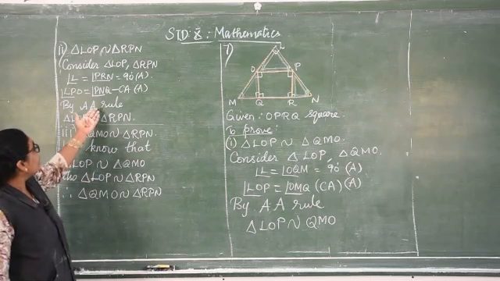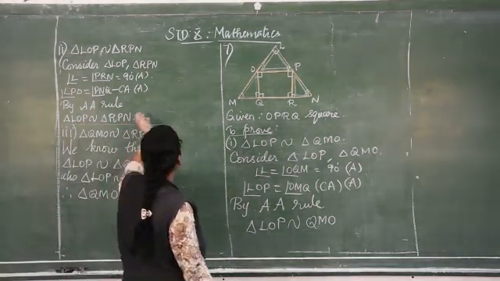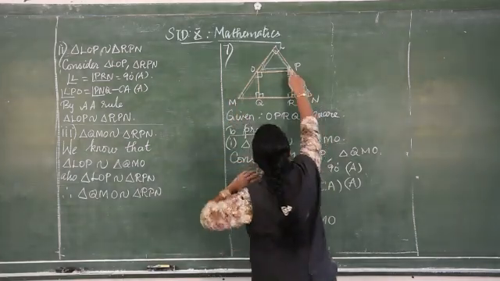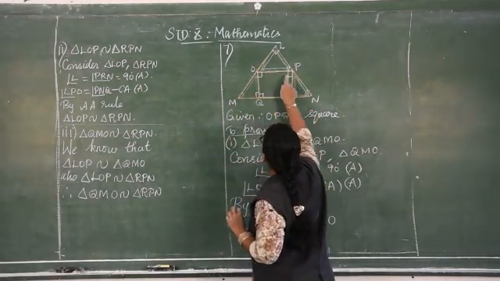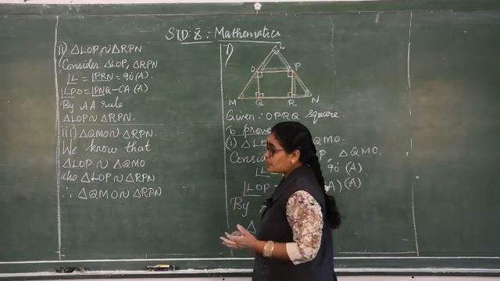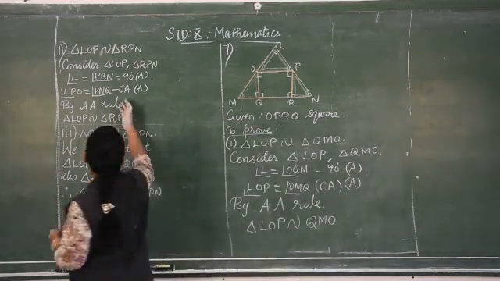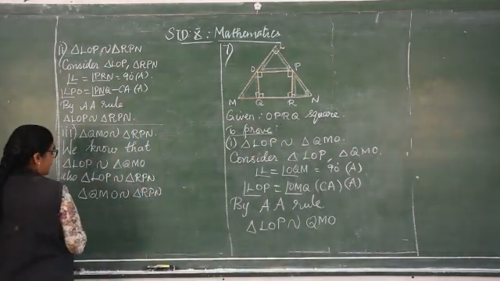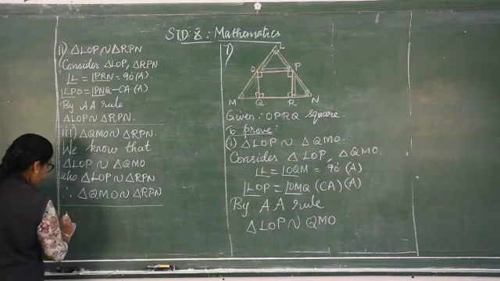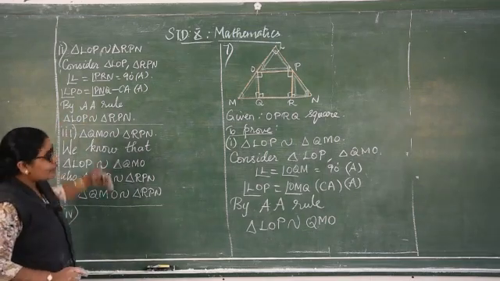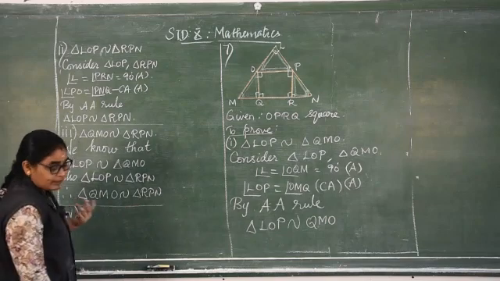Or else when you prove these two triangles are similar, we can go this way. These two angles are similar. So common angle this one, and we can prove like this also. So easy way here, by comparing these two, we are proving the third part. Now fourth part. After proving all the things, what they are asking, prove that